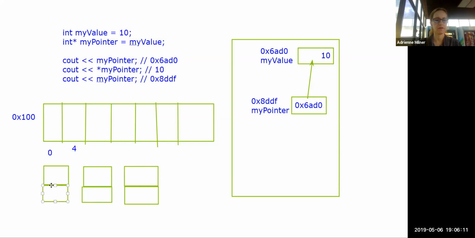So instead of having everything contiguous in memory like we did with our arrays, which is up here, now we're going to have a pointer pointing from one element to the next. So if this was an integer array above, you could have a class or a structure that has